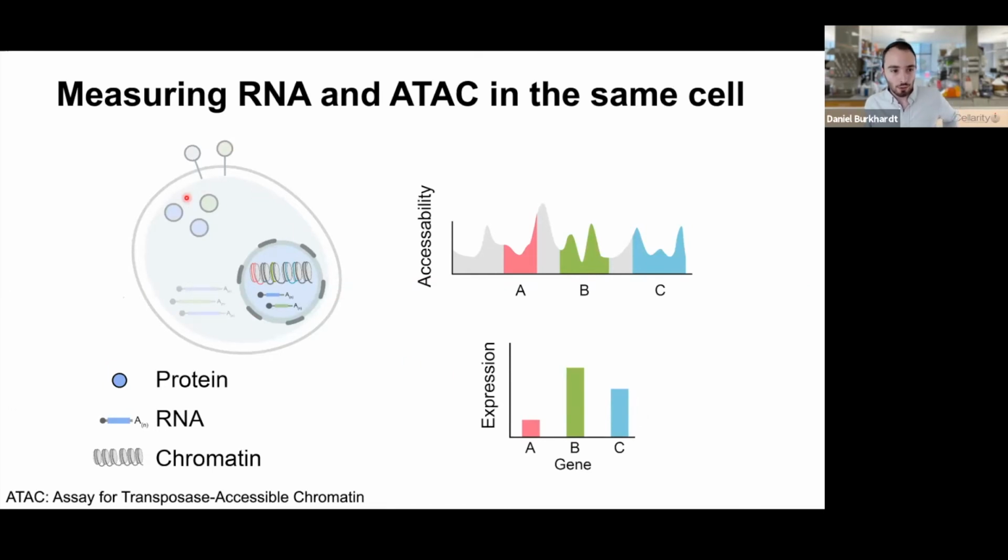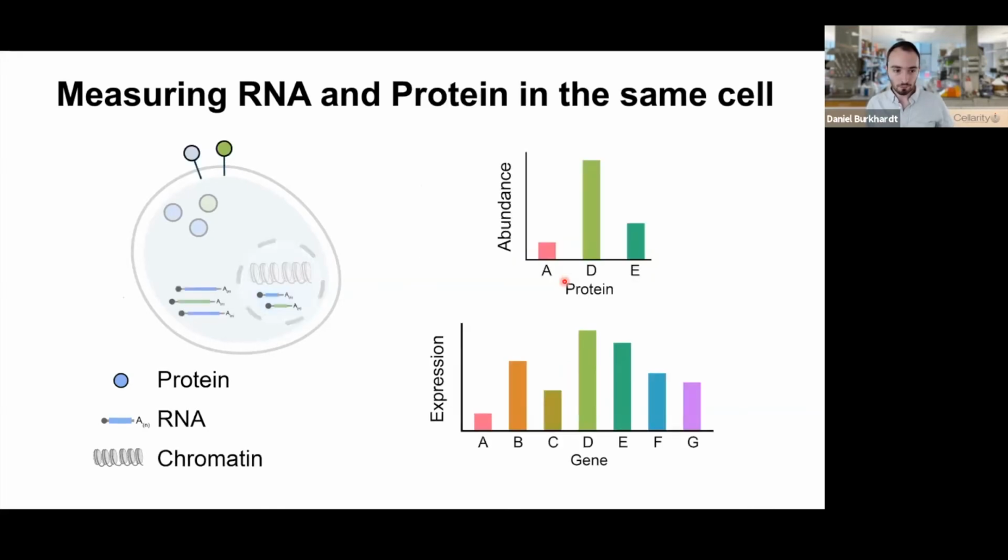You can imagine we have this representation of an individual cell. What you can do is isolate the nucleus from those cells and then measure the accessibility of chromatin in the nucleus along with nuclear located mRNA, and get across the entire genome a measure of how accessible the DNA is, and then also for every gene, a measure of how highly expressed it is. And you can do this for tens of thousands of cells.